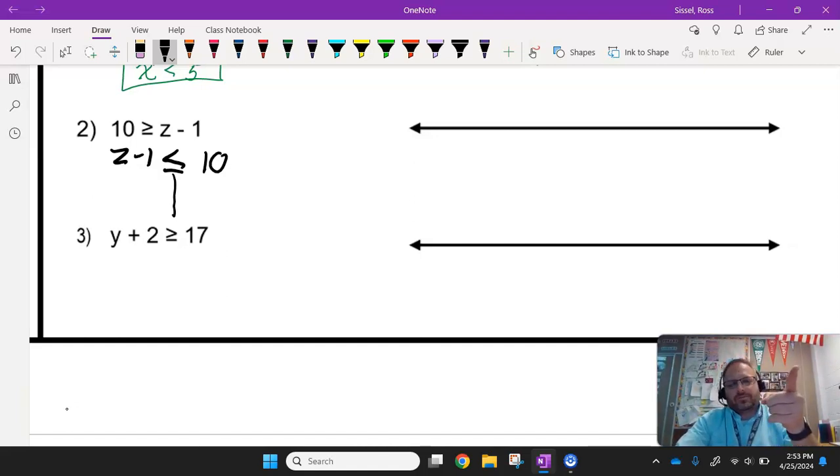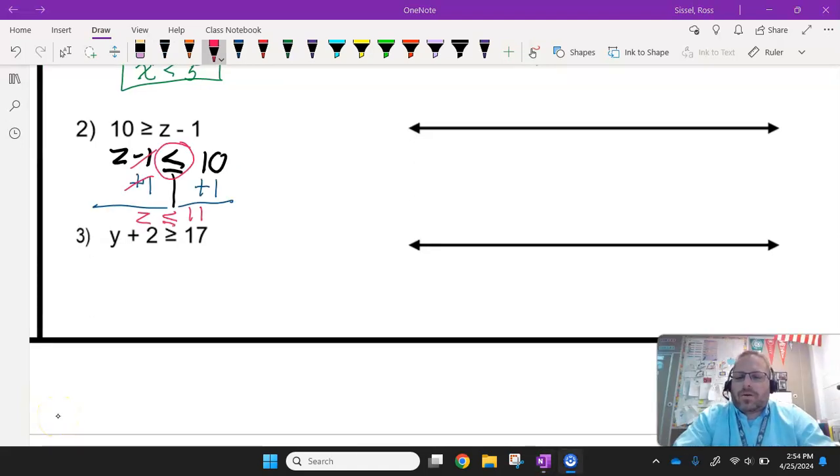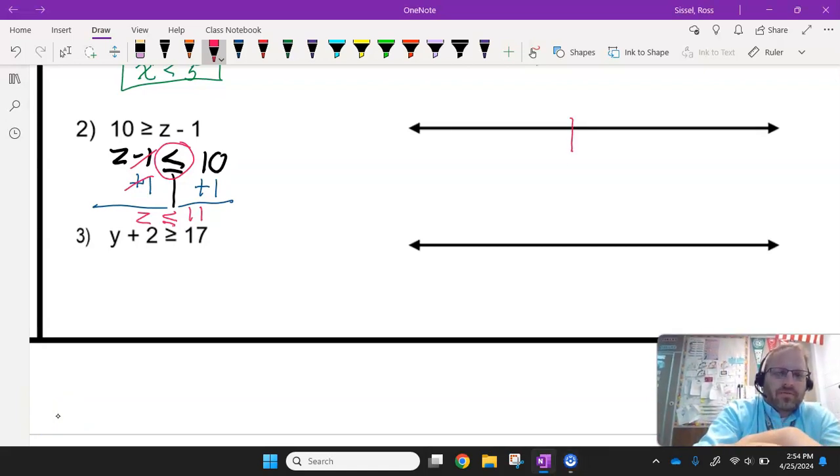What is your answer? Alright, here's my work. We get z is less than or equal to 11. Now, to graph that, same thing. On my graph, I'm going to make this the number 11. And I'm going to go 12,